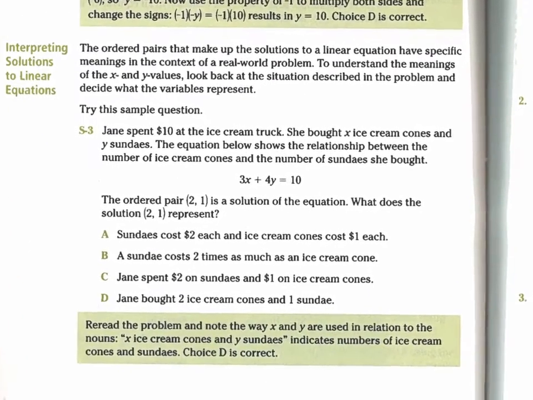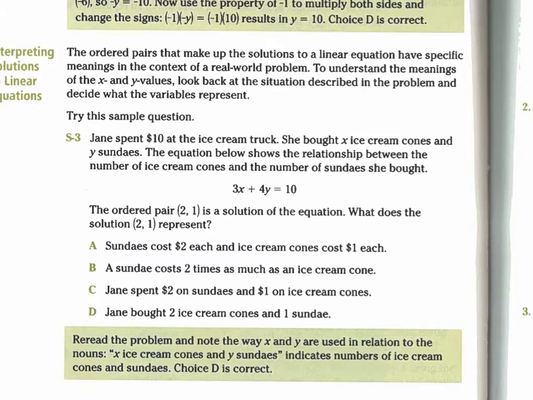So remember, ordered pairs that make up the solution to a linear equation have specific meanings if we're working with real world problems. The ordered pairs that make up solutions to linear equations have specific meanings in the context of a real world problem. To understand the meaning of x and y values, look back at the situation described in the problem and decide what represents each variable. So if we look at this example, it says Jane spent $10 at an ice cream